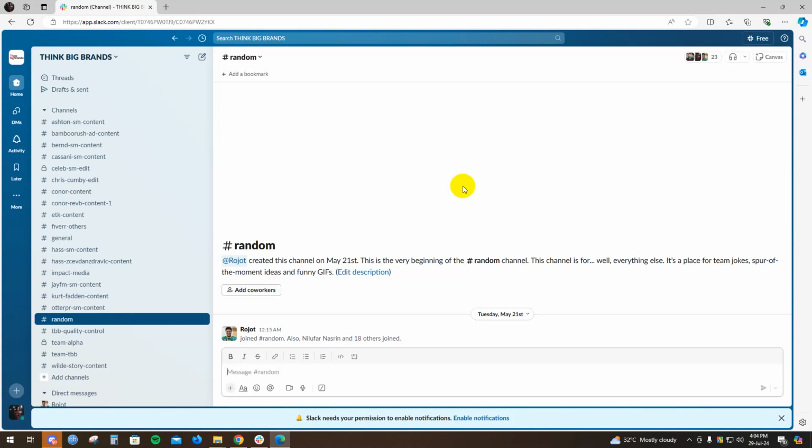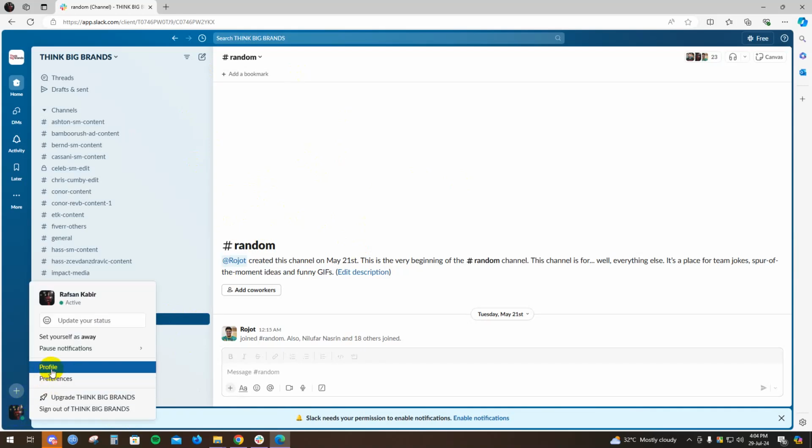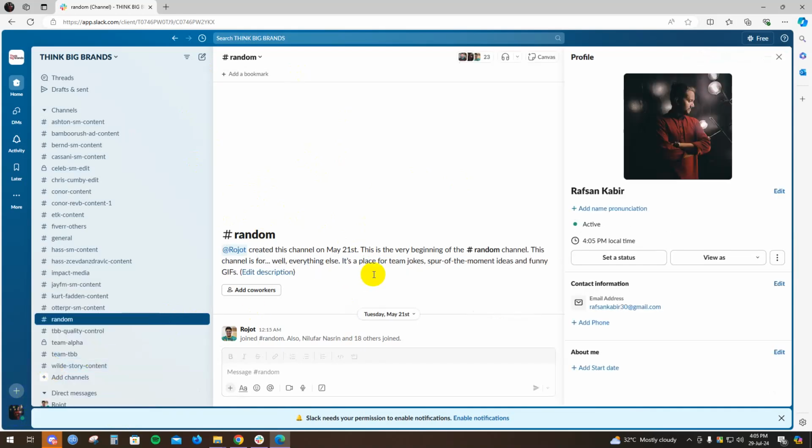Today I'm gonna show you how to quit a Slack workspace. As you can see, I've already opened my Slack workspace. All you have to do is go to the bottom left corner, click on your profile and go to the profile. As you can see, I've already opened my profile, and here you will have to just click on these